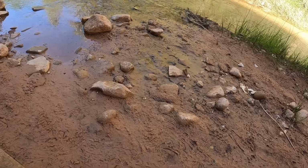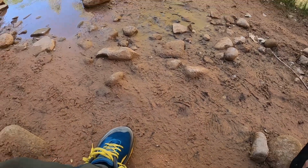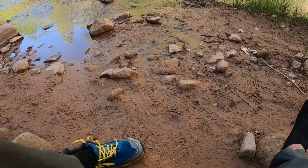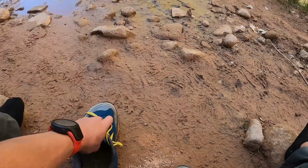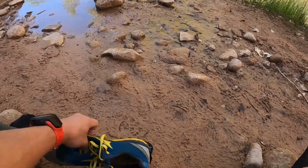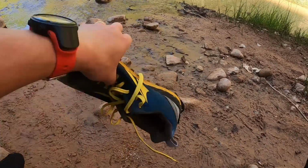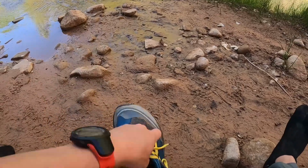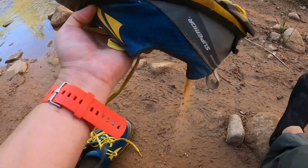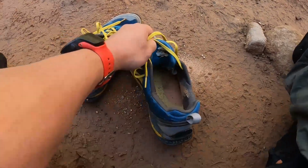So we are right around the confluence here with Coyote Gulch, and just taking a break here in the shade and come up, see what my shoe's been holding for the last 5.5 miles. Let's see. Oh yeah. How about this one? That's pretty much what you can expect